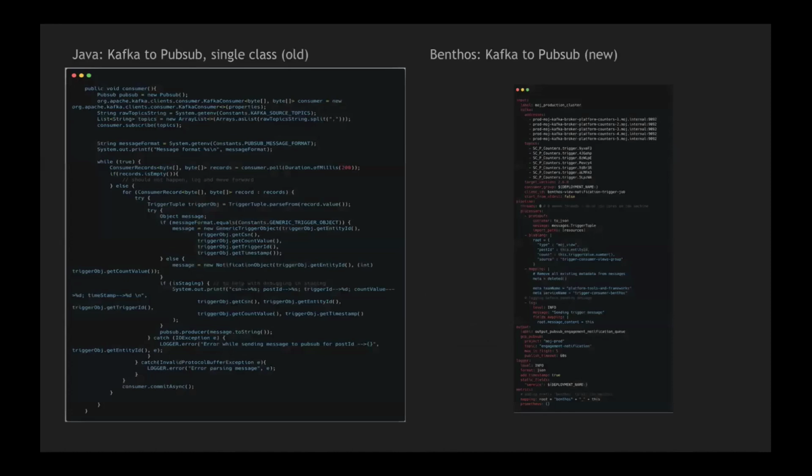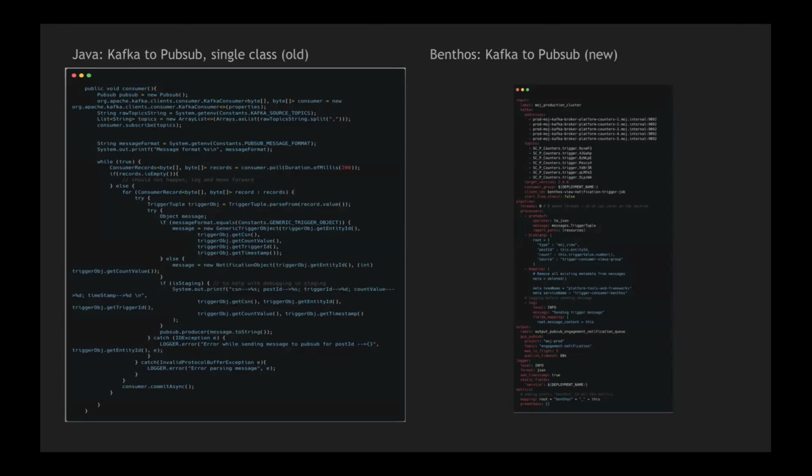So again, I'm showing you this: a simple single consumer which consumes from Kafka, decodes the message from protobuf, transforms it, encodes it to protobuf again, and then sends it to a PubSub topic. A single function. Again, this is not a single use case. Like this, I'll need multiple functions, multiple use cases, multiple classes.